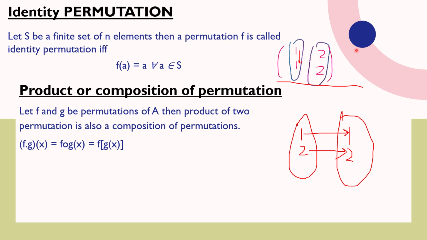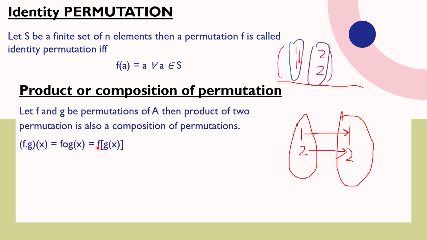Therefore, this is the identity permutation. Okay. Next is an important topic, which is product or composition of permutations. So let F and G be permutations of A. Then the product of two permutations is also a composition of permutations, such that by this notation we mean that the F permutation is multiplied with the G permutation, which is equal to the composition F with